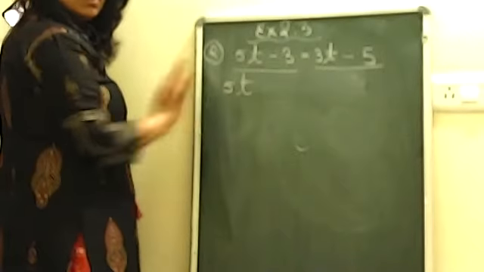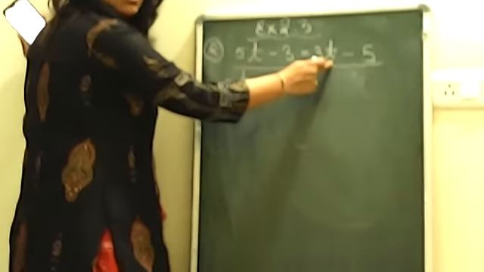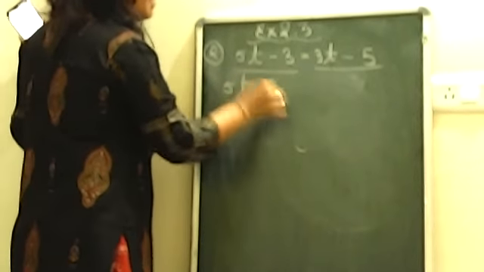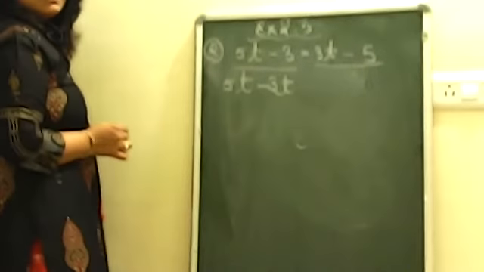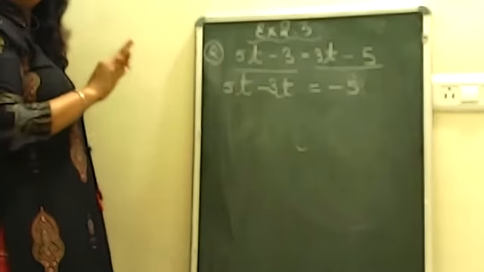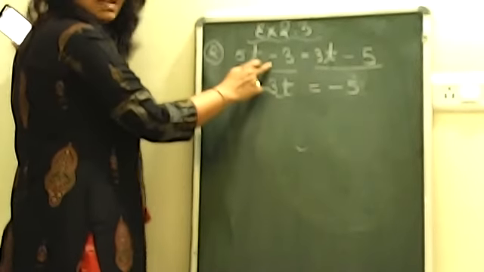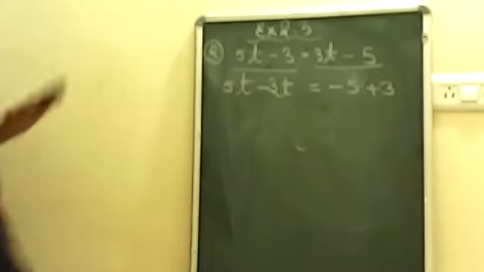So if you do it this way, 5t we will keep here only. Now this 3t, which is written on the right hand side, will come this side. It was in positive t, so when it comes this side, it will give you minus 3t. Okay? Then is equal to minus 5, which was already here, we will not touch that. We will keep it there only. So minus 5 will remain like that only. Now this minus 3 will go that side, and will be a positive 3. Okay? Because it was minus 3 earlier, so it will go that side as positive 3.